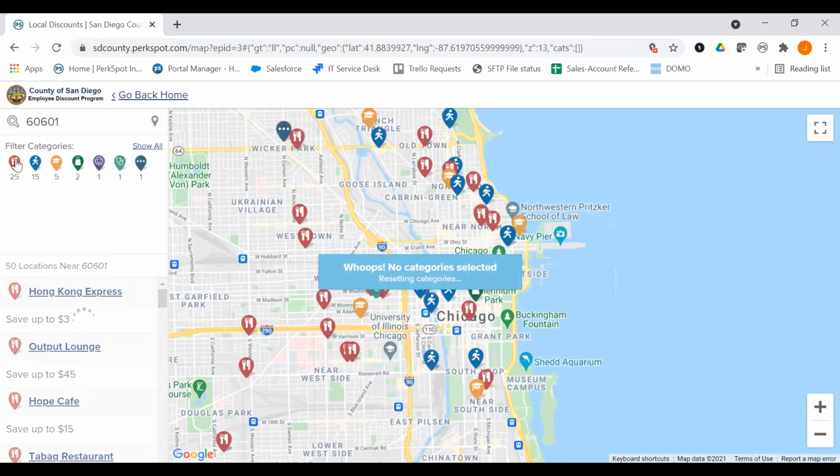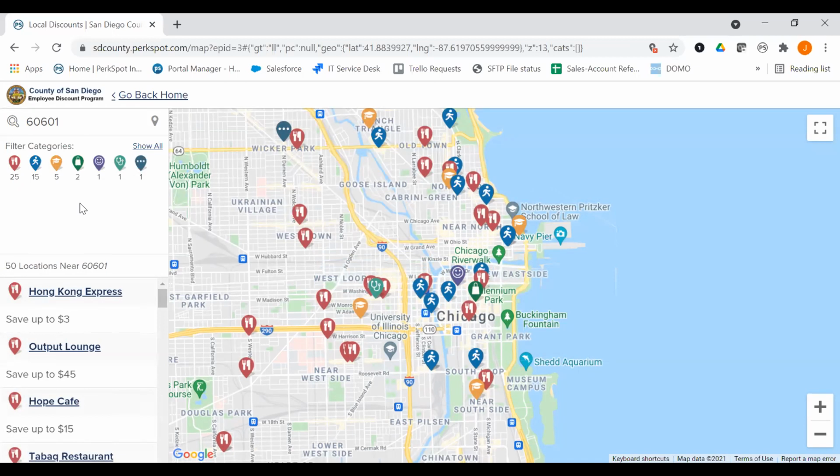And so I bring this up to your team because San Diego, obviously a very large city within the country, I have to assume there are a very similar amount of discounts as you see here that are also in San Diego. And it's not just for where you live. So if you're on vacation